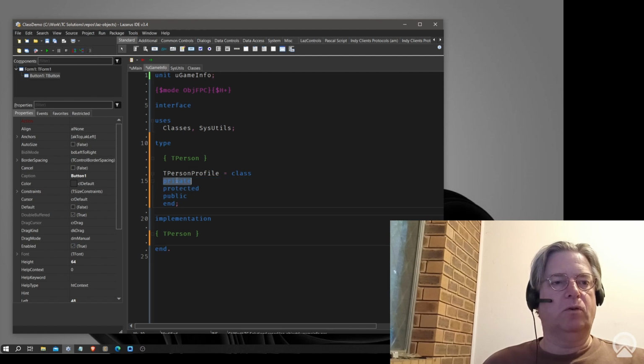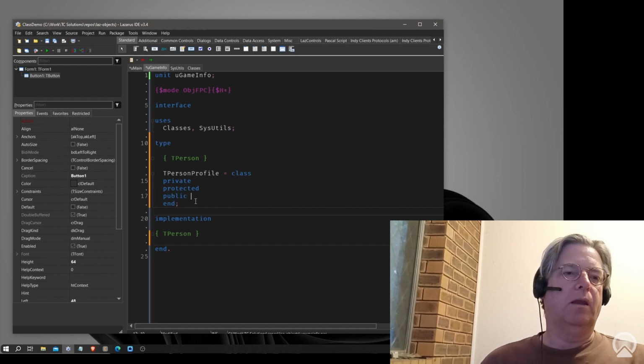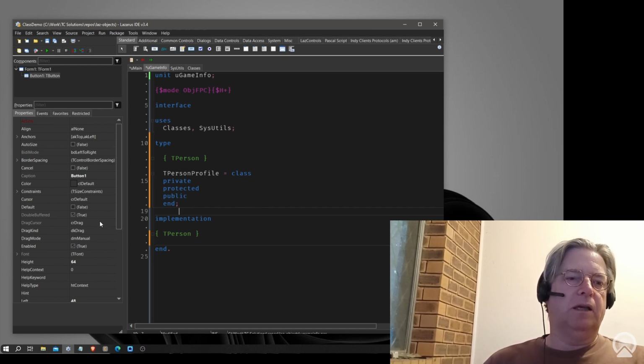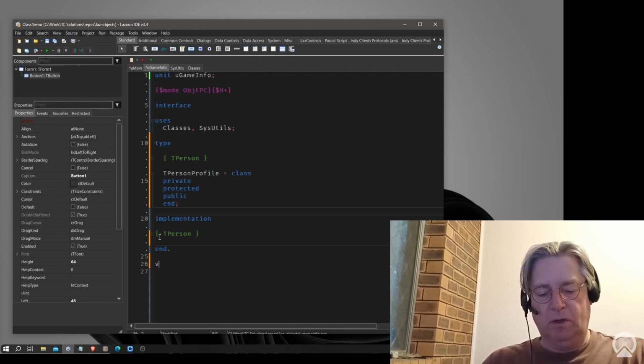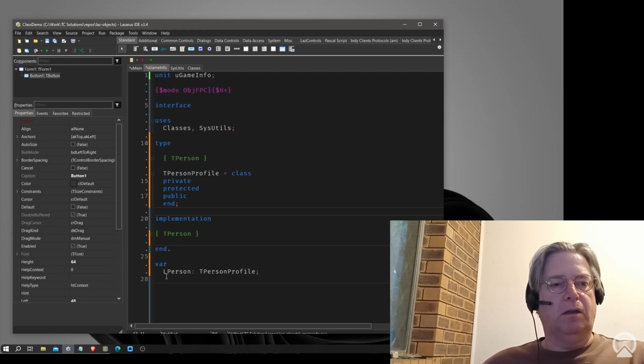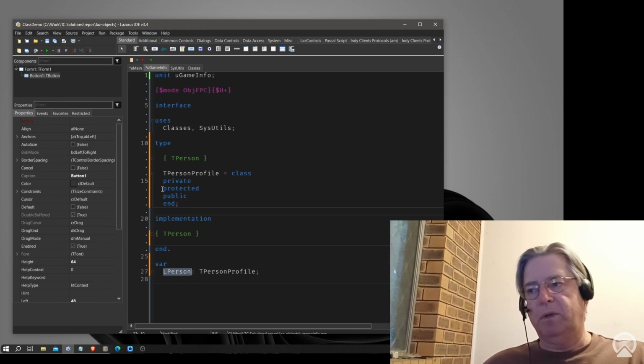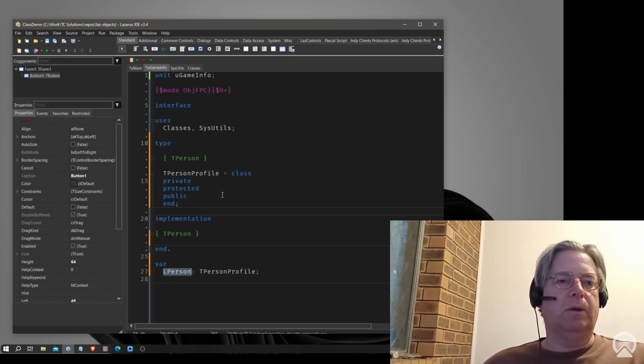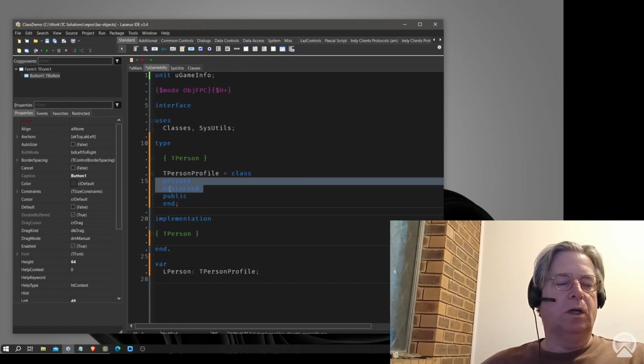The class then has 3 distinct sections, one of which is called private, another protected, and the last one public. If we were to have, let's say, a person, and let's call this person profile here, then anything that is public can be accessed from here. Anything which is protected or private cannot be accessed by the person, and can only be used either internally or by